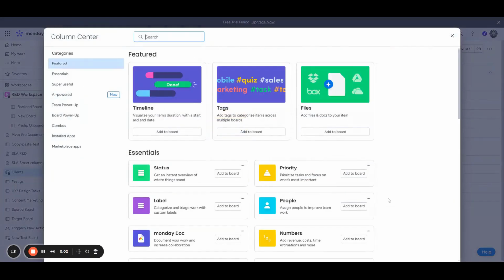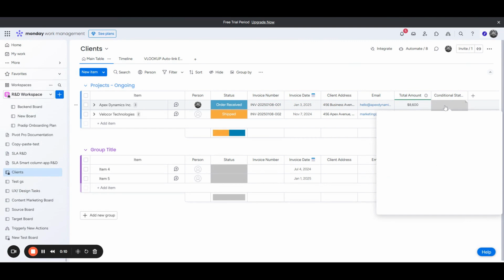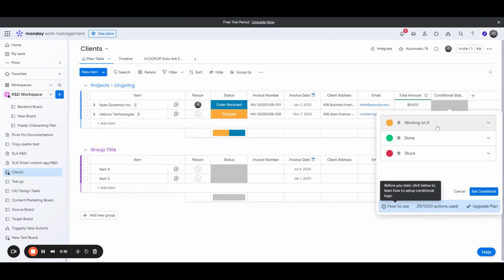Introducing the Conditional Status Smart Column, a powerful tool that enhances workflow control on Monday.com. Unlike the native status column, this app allows you to enforce a structured workflow by setting prior statuses, making specific columns mandatory, and restricting updates to assigned users. With these conditions in place, you can ensure that tasks progress in the right order and that no critical steps